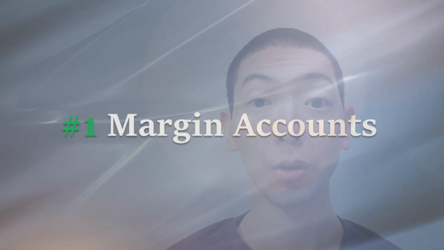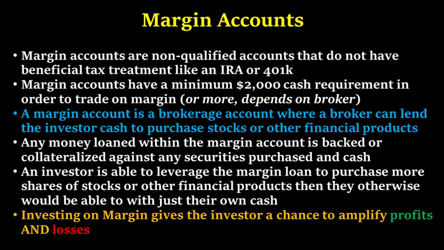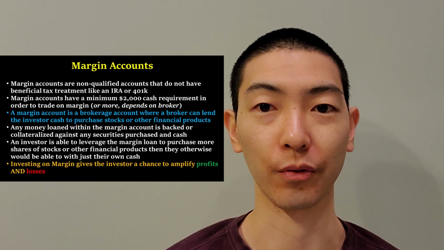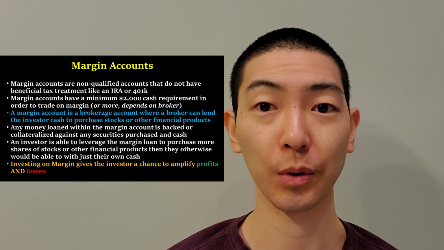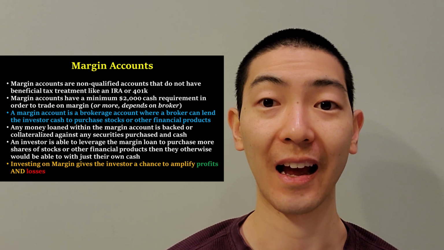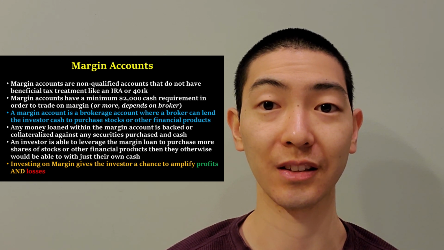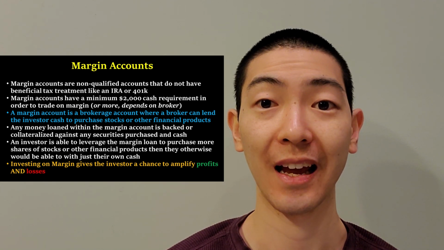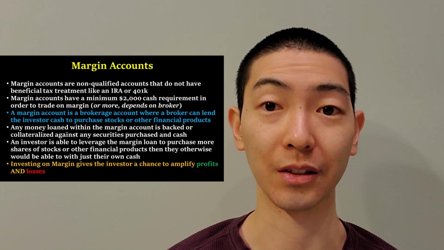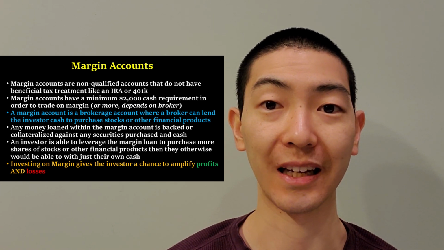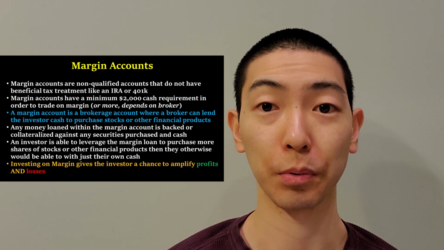Let's get started. Margin accounts are non-qualified accounts, and that means they do not have beneficial tax treatment like in qualified accounts, such as an IRA or 401k. Before anyone can begin margin trading, a margin account would need to be opened. Accounts can't be used to trade stocks on margin with less than $2,000 of cash, and some brokerage firms require more than $2,000. A margin account is a brokerage account where a broker lends the investor cash to purchase stocks